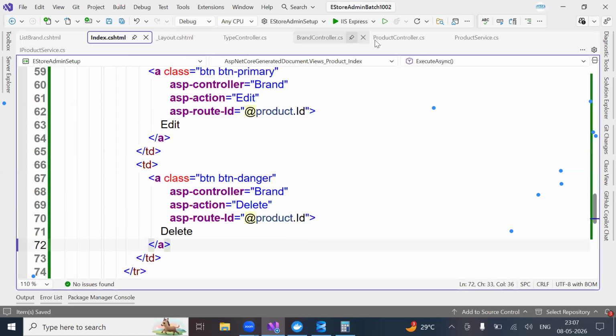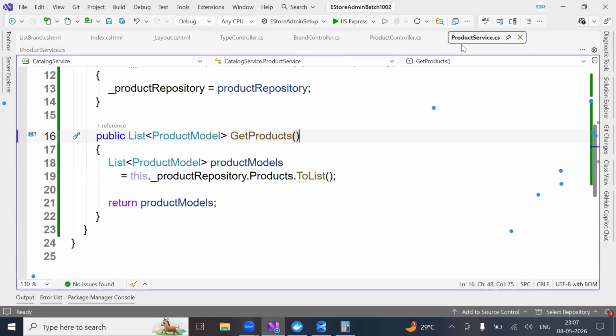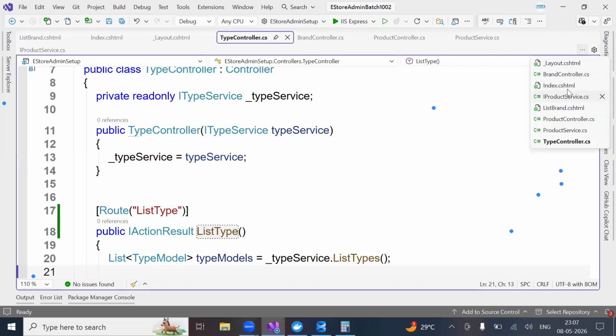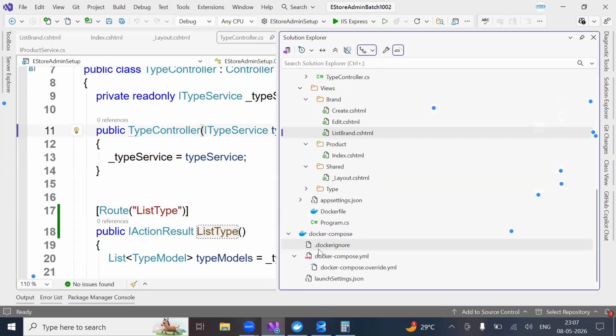Go to your product controller. What do you need to do? You need to inject the product service object, right? First, you need to create a product service object. Do I need to create a product service object? Yes. So in the program.cs file, where is my program.cs file? It is not there. Just go here. In the program.cs file,